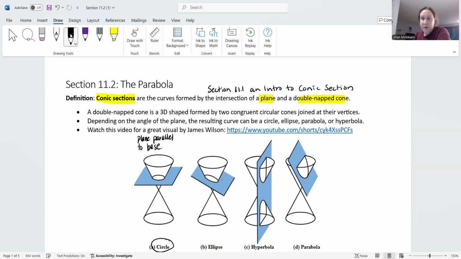And again, the shape here looks kind of like an oval. This right here looks like an oval. So imagine looking at it directly from above. Imagine looking down on this with a bird's eye view, you would get a circle. Okay? Now, if the plane is at any random angle,